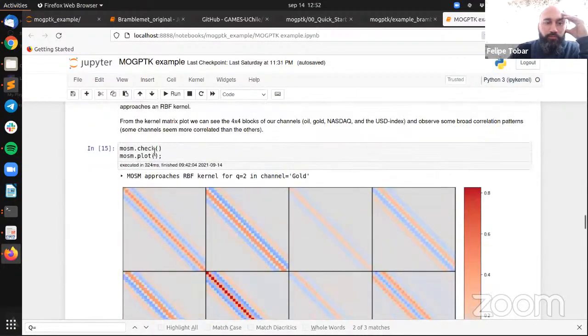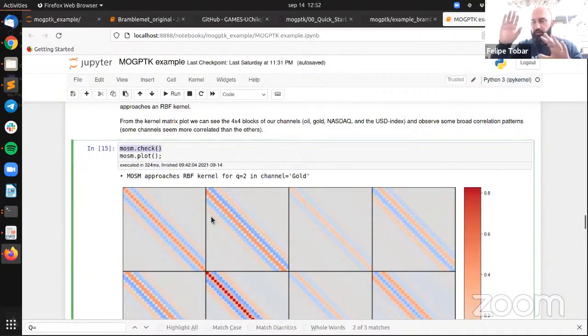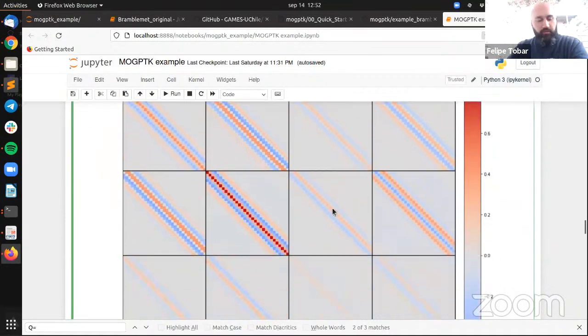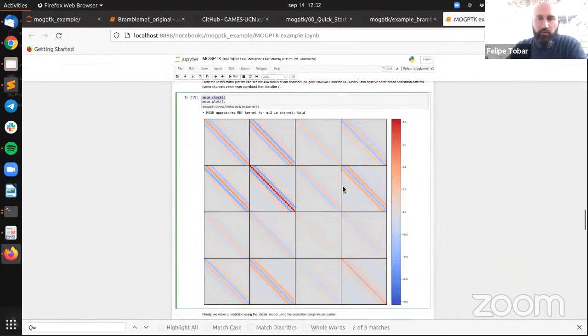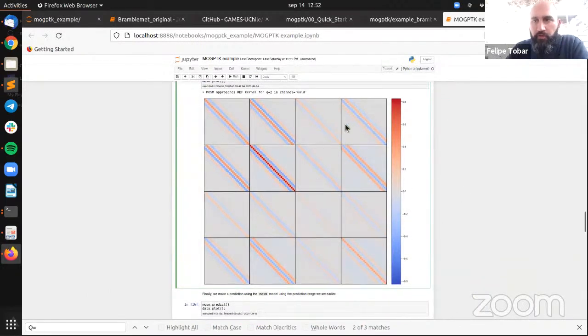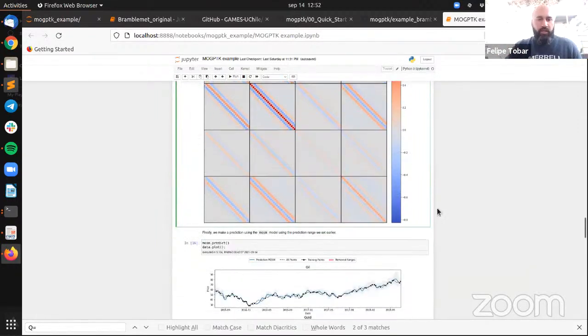With the Moson check and plot, you can see the covariance matrix shown in different formats, as the figure I showed you before in the presentation. So it looks like this. These are all the covariance functions of the MOGP, right? The diagonal are the autocovariances and the rest are the cross covariances. Of course, this one and this one are the same, flipped. Okay. But now,